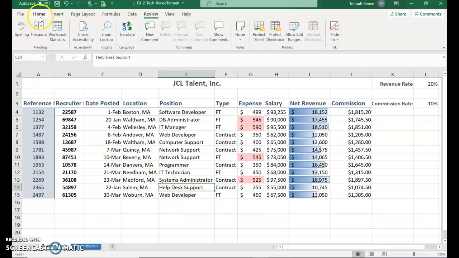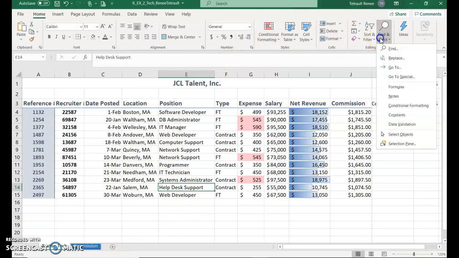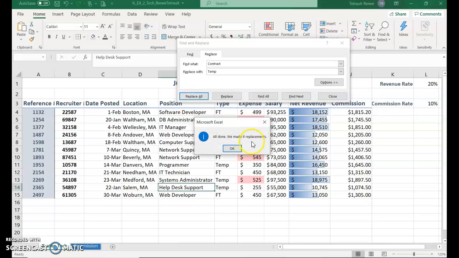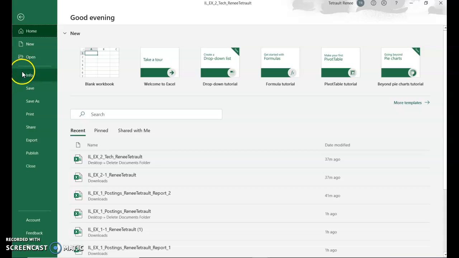And then we'll go back to the Home tab. And we're going to choose Find and Select. And then we'll click Replace. And we're going to type in Find What Contract. And then replace it with Temp. So find Contract, replace with Temp, choose Replace All. And there should be 6 replacements. Click OK. And then click Close, click File, Print,